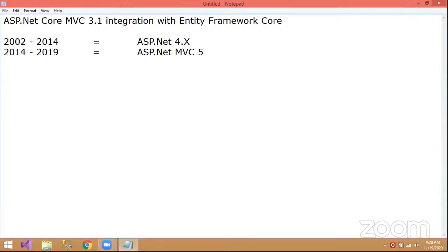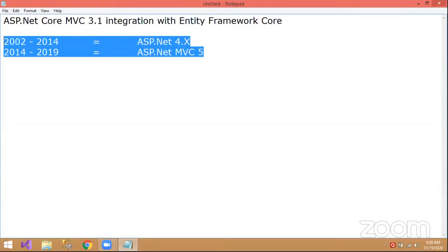Practically, I'm not thinking about at what date it was released or at what time people are using it. I'm just explaining where it was started, the revolution of web application development for the .NET programmer. After that, Microsoft thought they wanted to release MVC 6. But the problem is, whether it is ASP.NET or an ASP.NET MVC web application, or all the .NET applications available in the market, they run only on